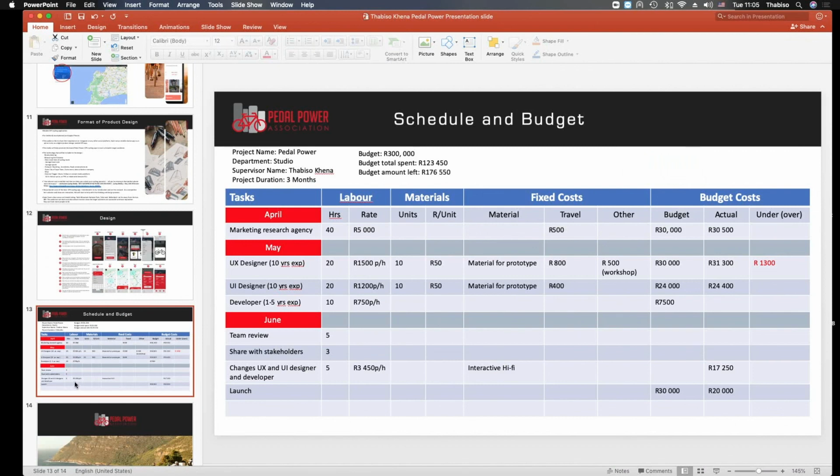So the total budget spent on this whole project was 123,450 rand, and the budget amount left was 156,550 rand, which is such a positive thing because with the budget that's left, we can use it to do other